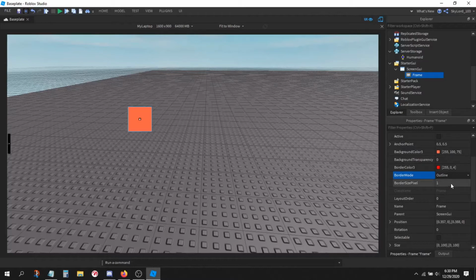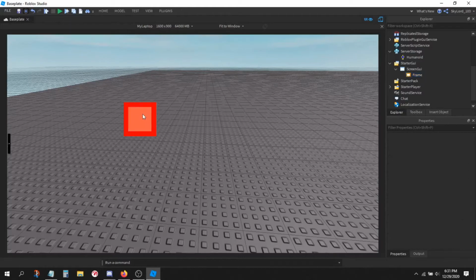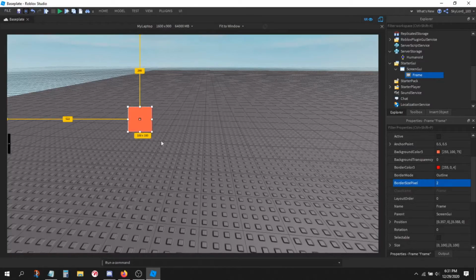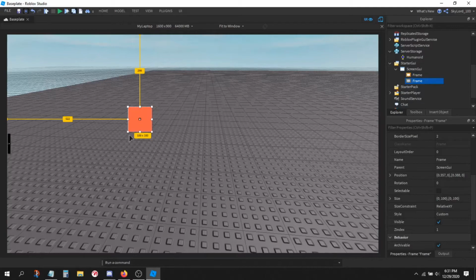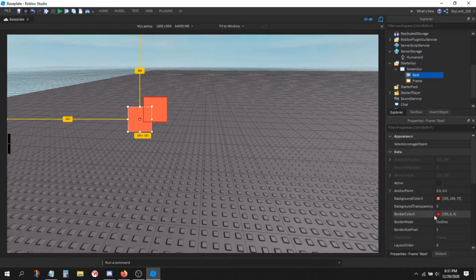Then we have border size pixel. So that's one singular pixel. So if we move this to, let's just say, 20 pixels, now the border is 20 pixels wide. Let's put that down to like 2. Then we have layout order. So if there was another frame and we wanted this frame to be on top of that frame, but they can't because they're at the same height. So if we go down to layout order and we make it like 1,